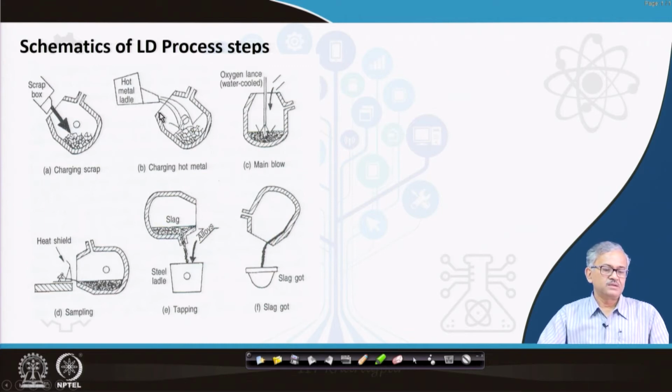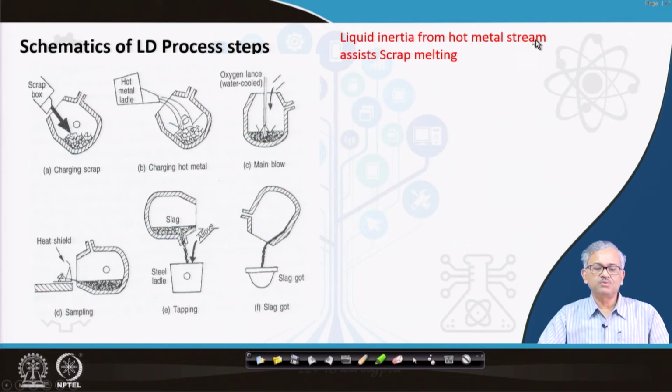Now, as I said, that is the liquid inertia from the hot metal stream that assists in scrap melting. In this case, when you add the liquid stream like this, the scrap melts. If you want to understand the mechanism of scrap melting,